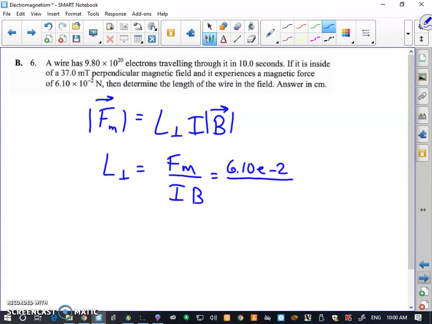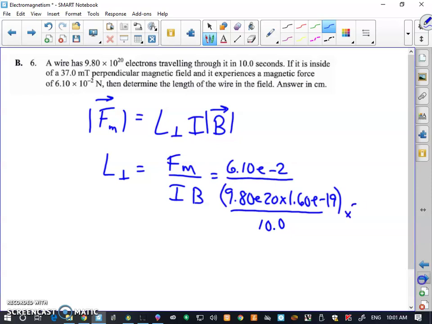And the current. Well, we have 9.8 E20 times 1.6 E negative 19. So that would be, in fact, our current, because it's the number of electrons times the charge on each electron. And then the magnetic field strength. Pardon me, we need to divide that by time because it's Q over T. And then we multiply that by